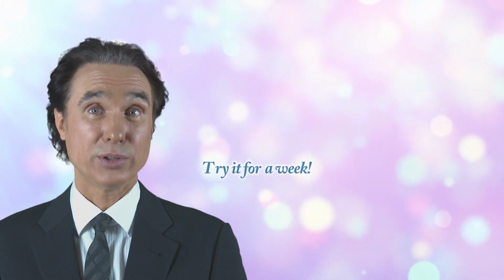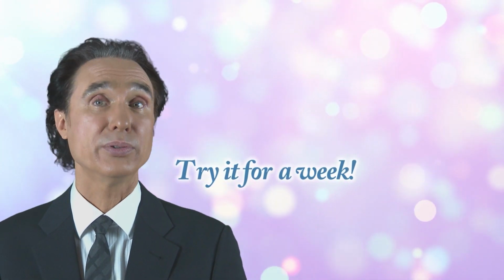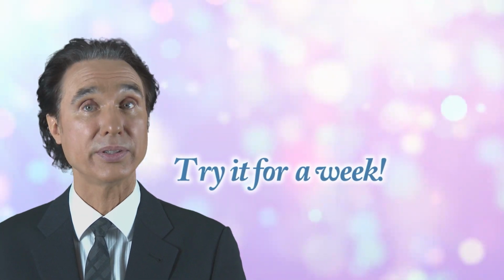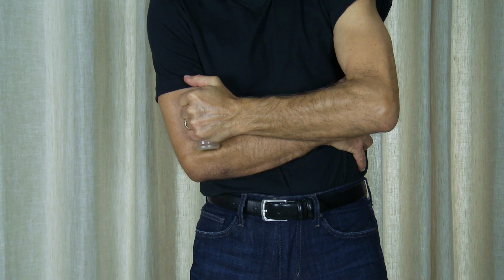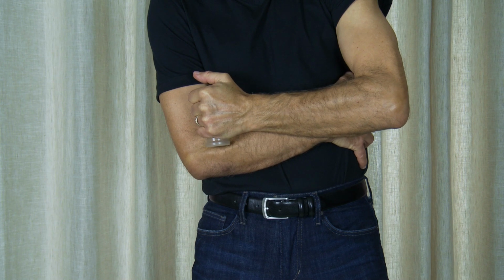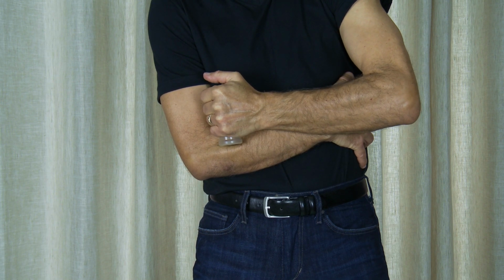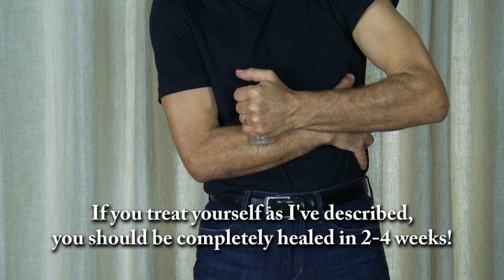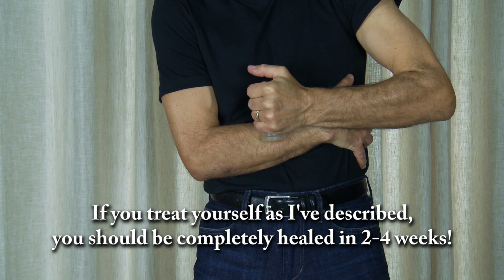It's that simple. Try it for a week. If you feel improvement, continue treating yourself at the same intensity until you're perfectly healed. If it's less painful lifting objects and twisting your wrist, it's proof that you're healing and you should congratulate yourself. If you treat yourself as I've described, you should be completely healed in 2 to 4 weeks, depending on the